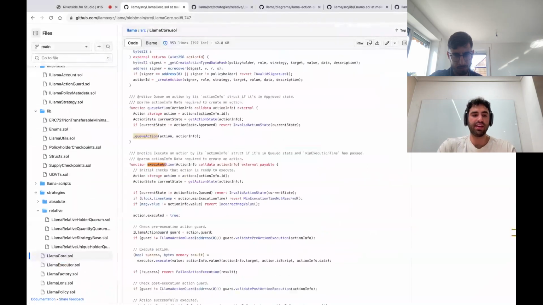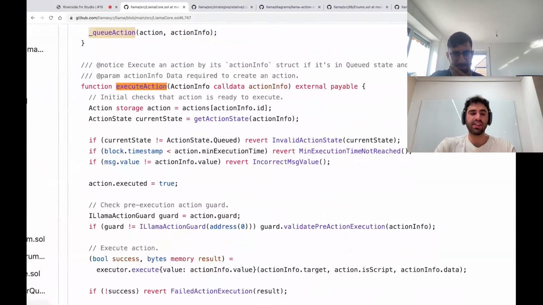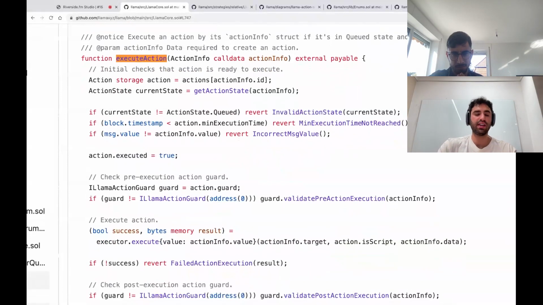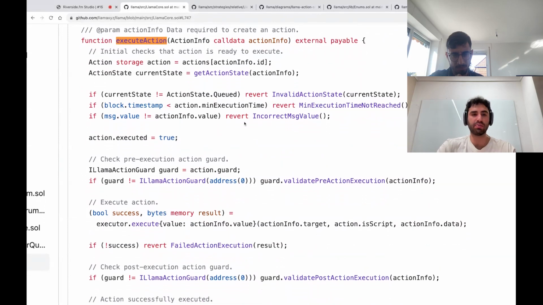And then finally, on the action process, there's the execute action, also a public function. This is the crux of where all the voting and vetoing and approval periods and disapproval periods pass, and now it's time to execute the action. When that's called, again there are a lot of checks: have we passed the min execution time? We're now in the execution period. Is the action in the current state?